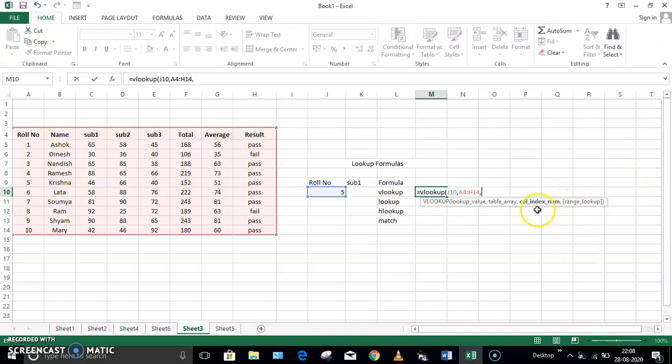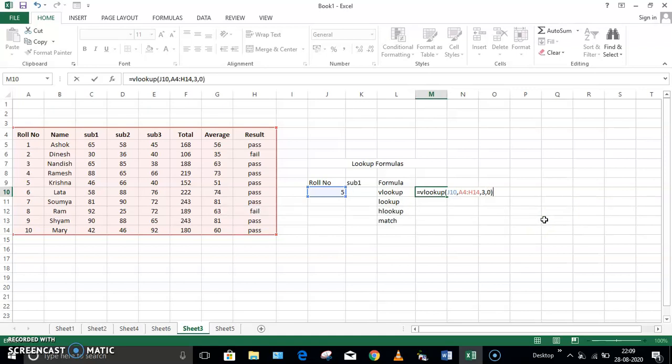Then comma, the column index number. Column index number means the column which you want to search for. I want to search for the subject 1 column, which is the third column in our data. So I'll write 3 over here. Followed by that, you should write whether you want an approximate match or exact match. As we want the exact match, either you can type false or just give the value 0.